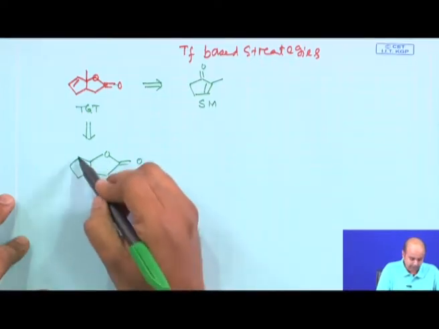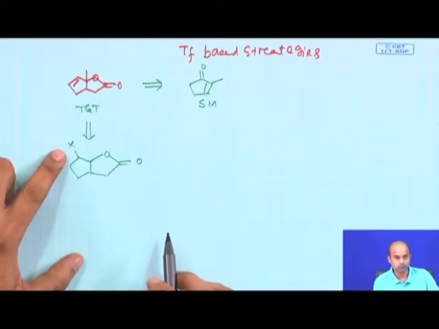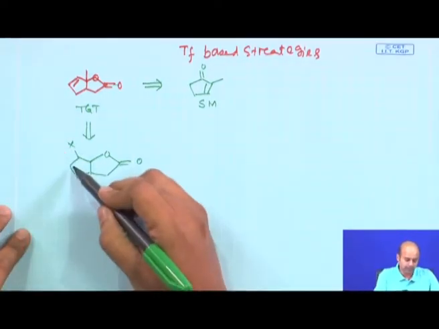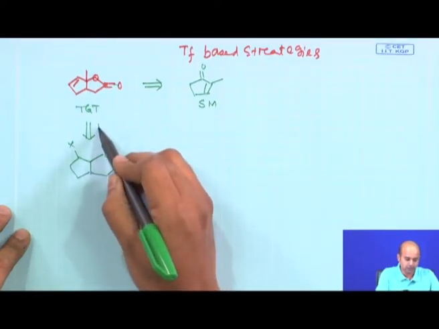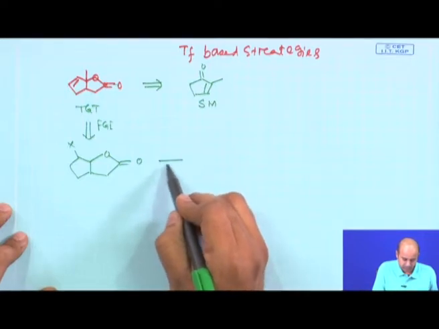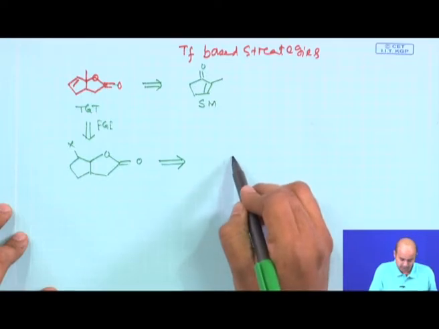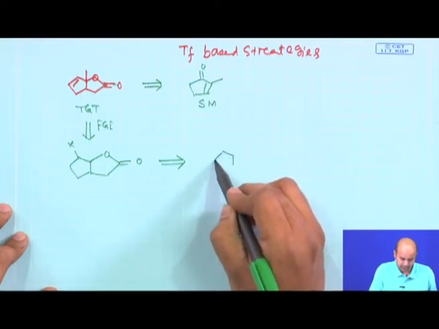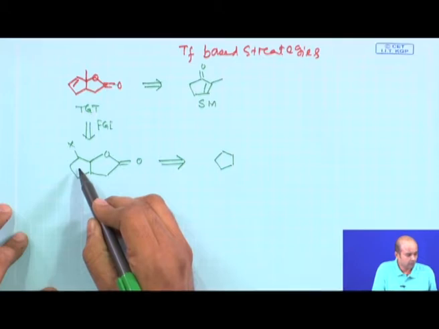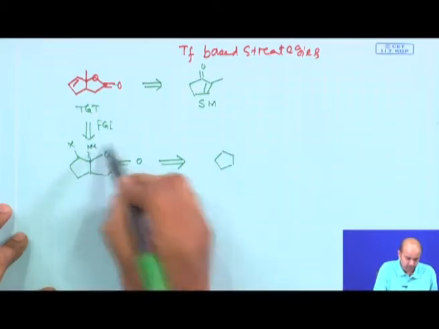We initially say that we will be putting an X group here. Now, X is supposed to be a good leaving group which undergoes elimination of HX to put this double bond here. So, it is a functional group interconversion. Now, try to figure out the next part. Next, you need to introduce the X which will serve as a leaving group. The methyl part remains here.